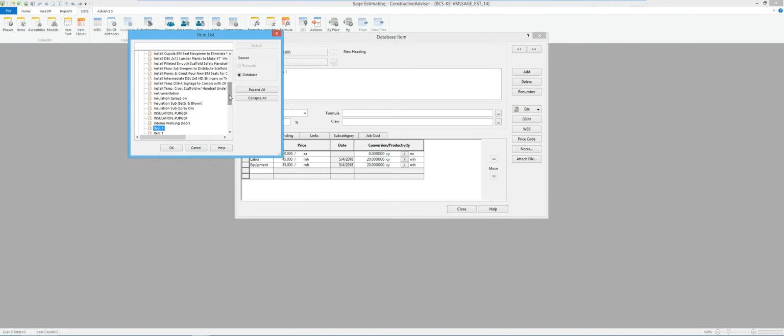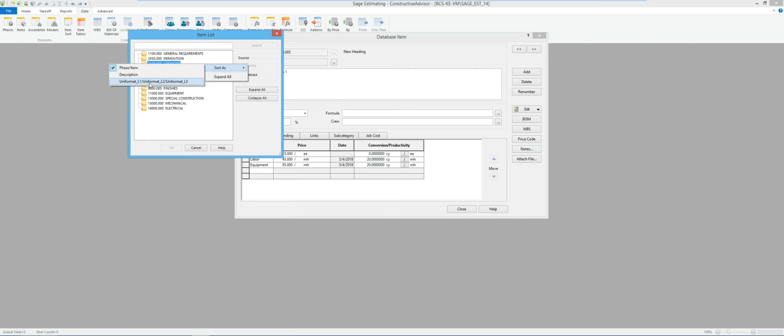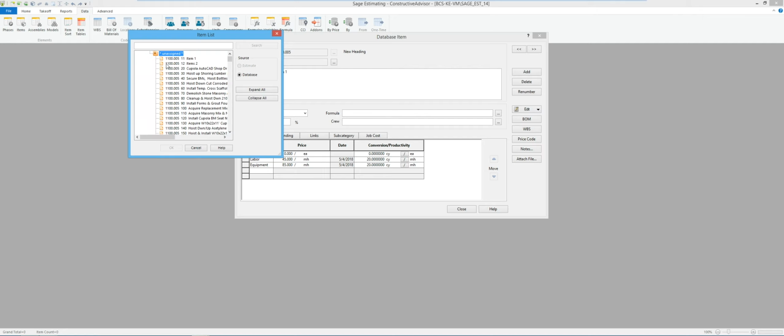So if I take a look at my list here, there it is in my CSI divisions that the database was currently organized in. If I were to right click and say sort as, there's my new one. Now, if I pick that one right now, it's just going to say unassigned all the way across the board, because at this point in time, I haven't coded anything to any value. So everything in the whole entire database is under one heading called unassigned. So it probably doesn't make sense to use that sort yet. So I'm going to go back to my phase and item.